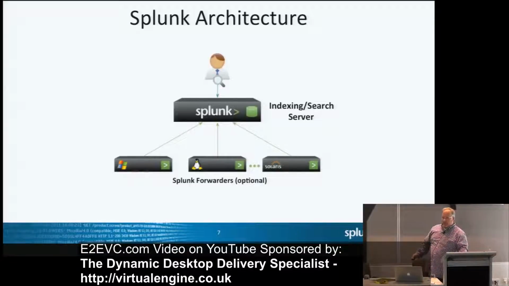These are what we call Splunk Forwarders. These are optional. The Splunk server can run data collection on its own, or it can have an SNMP listener or DB Connect. It can listen for syslog messages. It can do all that. But ESX is a good example. If you want to get data from ESX, you don't want to install something on ESX. Well, you can, but VMware will be upset at you if you do.